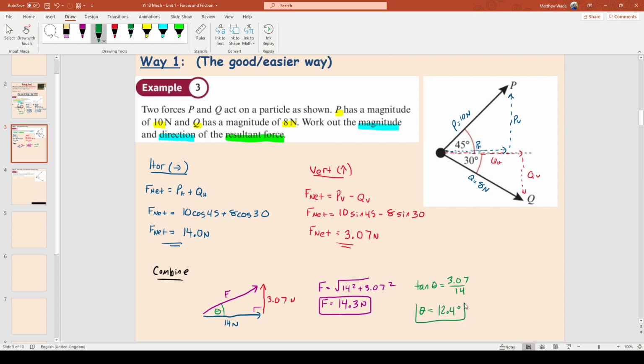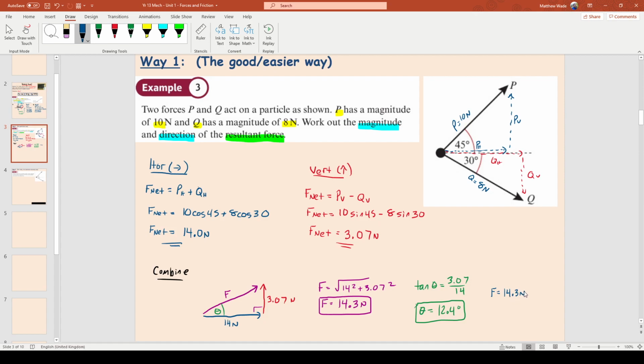Now that answers the question, but if you want to be completely lickety-split like a physicist would be with this, because this is a physics question after all, here's how you'd write your final answer. Final answer would be this. You write then the force equals, the overall resultant force equals